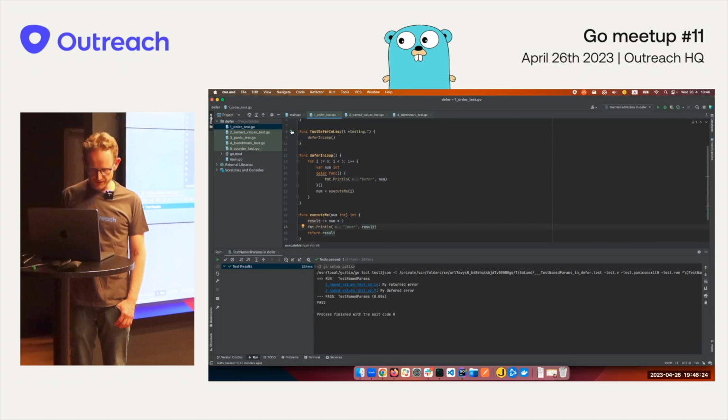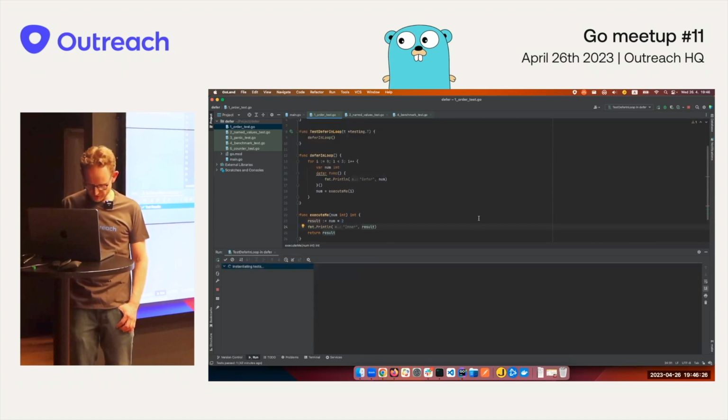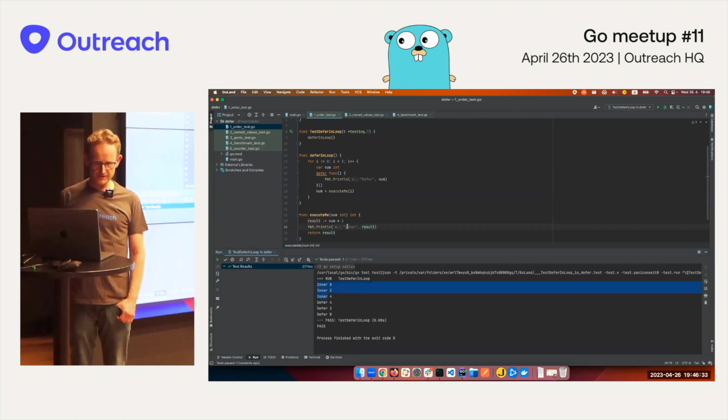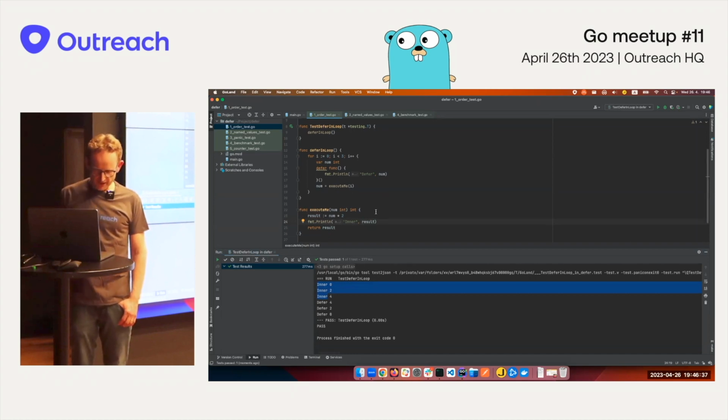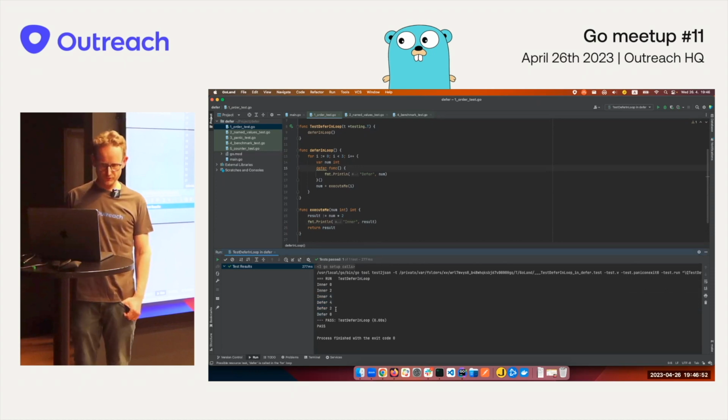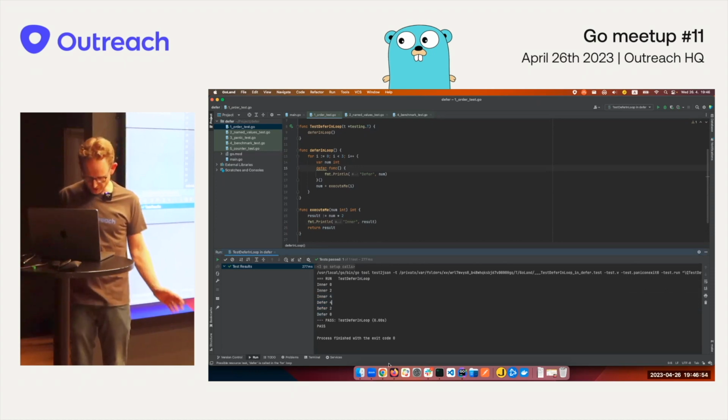Let's just run it to see how the order works, just to be on the same page here. So here what you can see, the first things printed out are the inner ones. So that's very much expected, right? First 0, 2, and 4 were printed out because that's the order in which it goes. And then the defer functions were triggered, but as I stated before, in the opposite direction. So it's 4, 2, 0. Very clear.